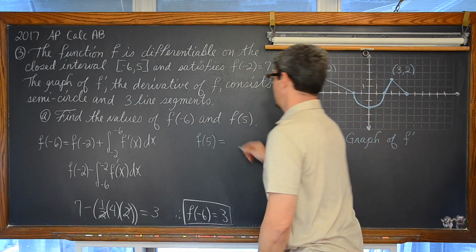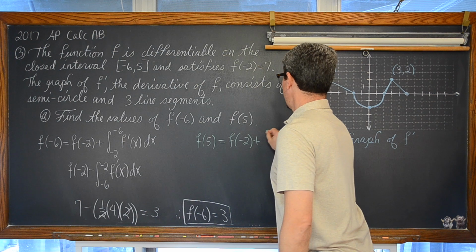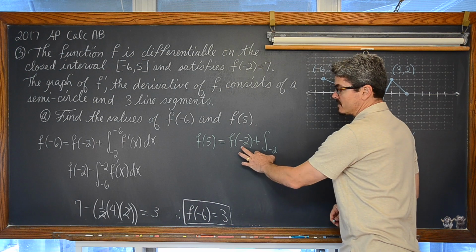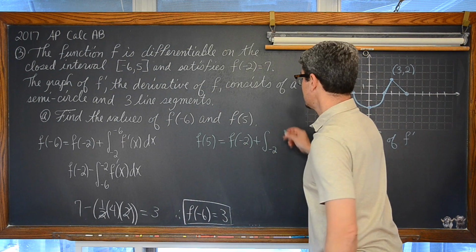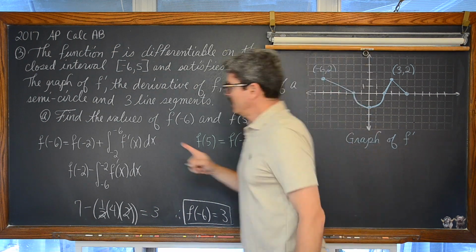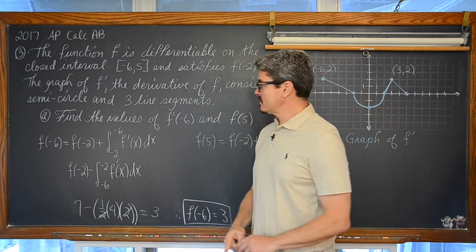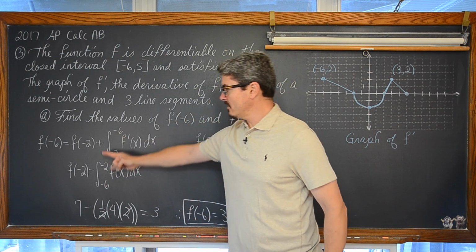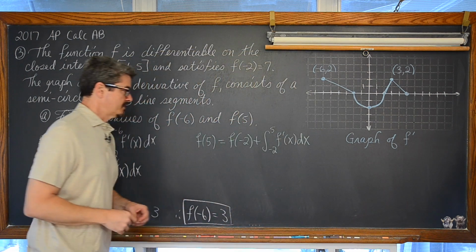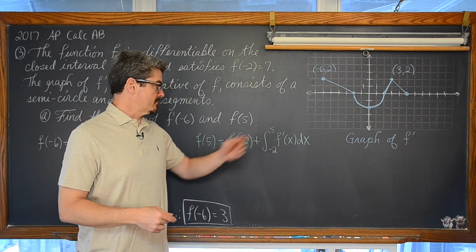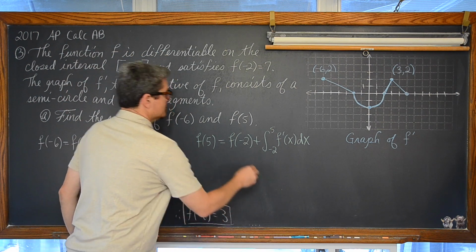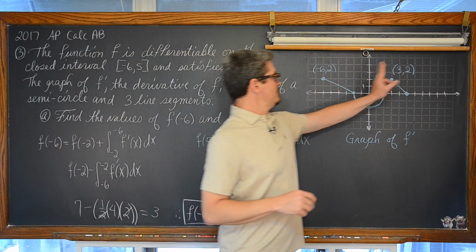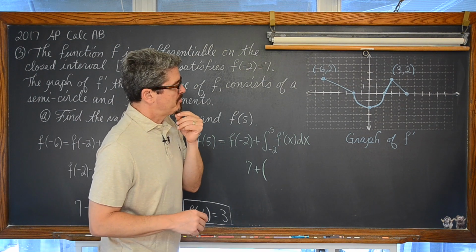You know a function's value at -2. Off of that, we're going to start integrating from -2, because the lower limit of my definite integral is always going to match the independent variable that I've plugged into my function, 5. What they're looking at in the first part of this question is to make sure you set this up properly the way I'm doing it, that when we change those limits on the definite integral, we change the sign of the definite integral. Here we don't have that problem. -2 is lower than 5. So we have f of -2 is 7 plus, and from -2 to 5, I'm pausing.